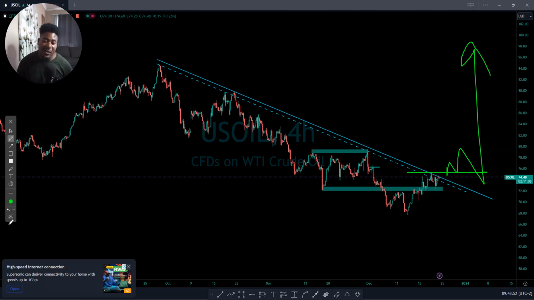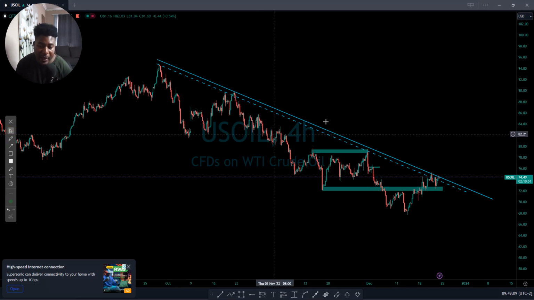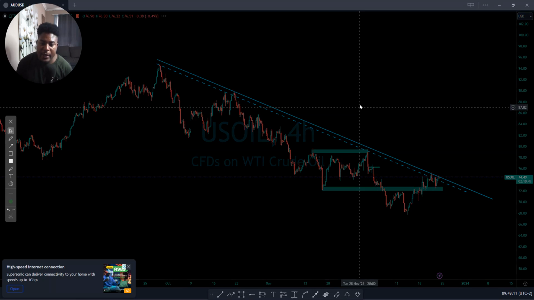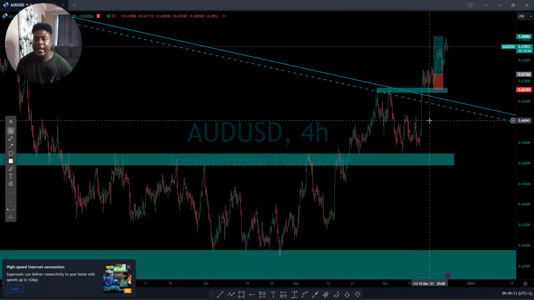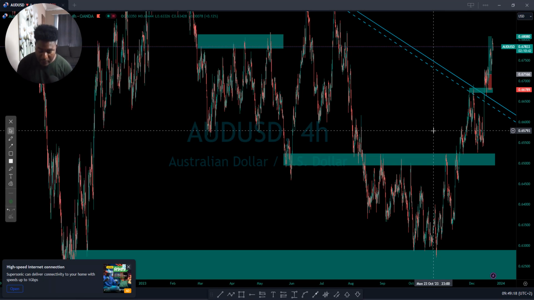But since they said they're going to cut some production, maybe the market will break out there. But if not, maybe we will see a continuation on this sell, guys. But oil is not the same as the other pairs that we talk about. It will keep moving non-stop as we use oil every day. So on Euro US, on AUD USD,